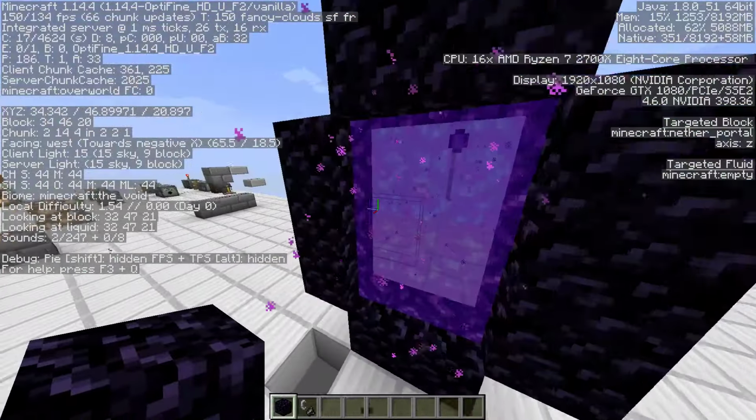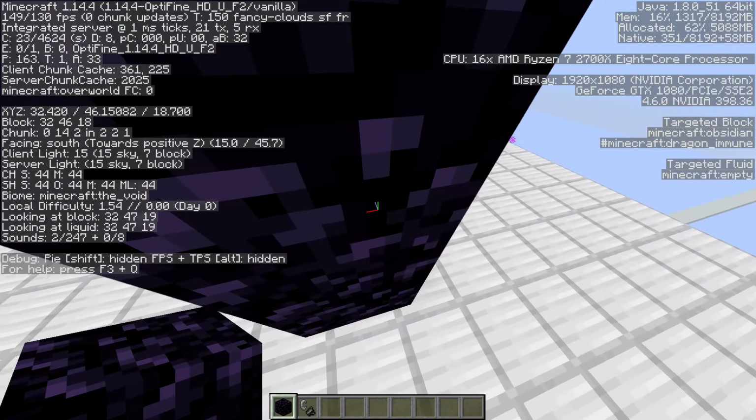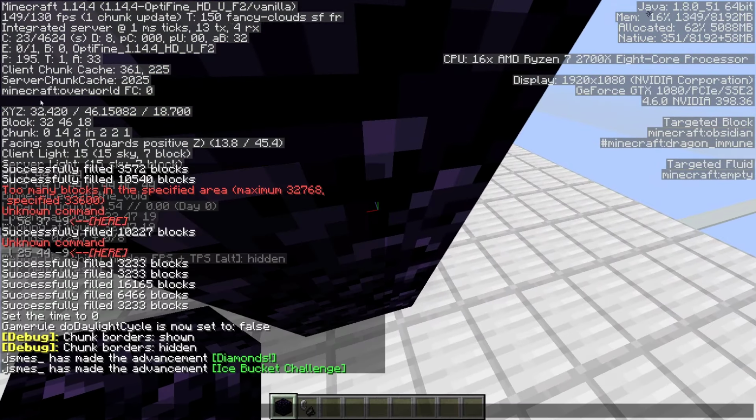Anyways, so all you gotta do is stand right next to it, within 8 blocks. Look at the coordinates. So we see up here 32, 46, 18. The important numbers are this, which is your x coordinate, and this, which is your z coordinate. Take those coordinates, and in a calculator, just divide them by 8. 32 divided by 8 equals 4. And we look at 18, we divide that by 8,